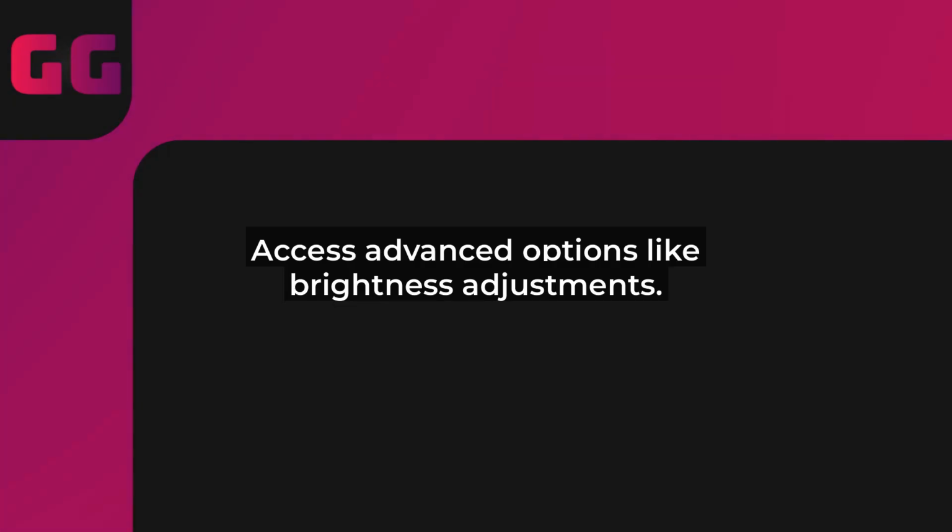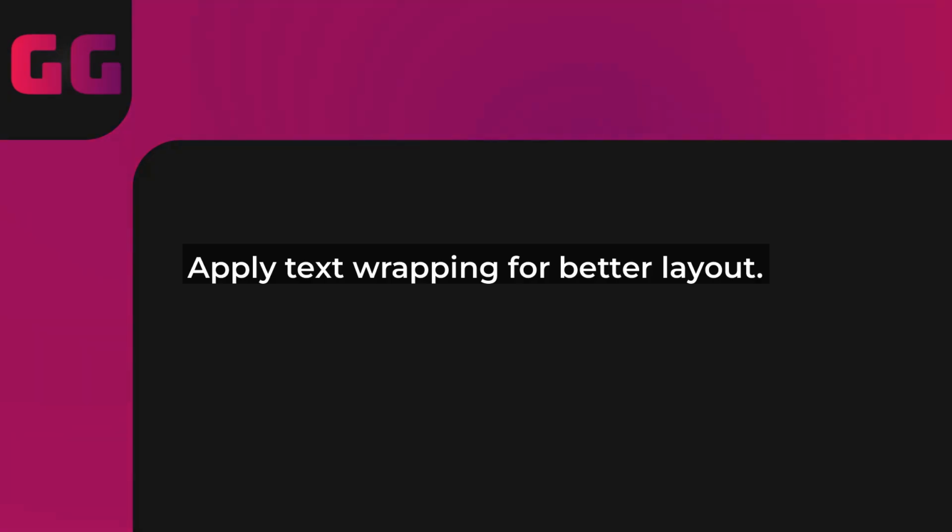Don't forget to experiment with text wrapping if you want your image to flow nicely with your content. Just right-click the image and select Image Options for more settings. Once you're happy with your edits, save the document, and your changes are automatically applied. Easy, right? There you have it. Editing pictures in Google Docs is quick and efficient, saving you time and hassle.